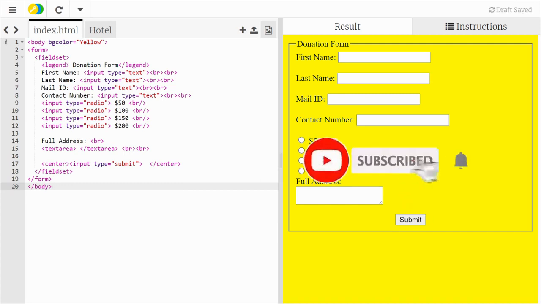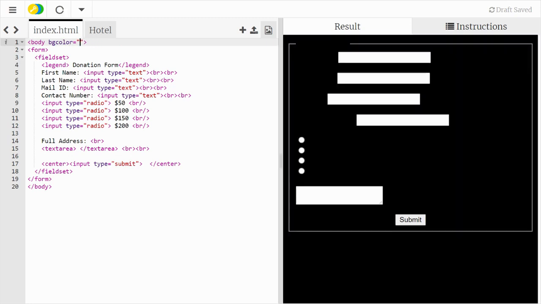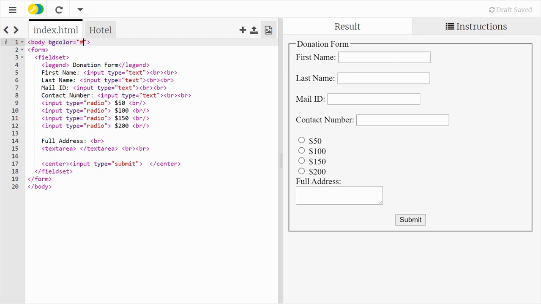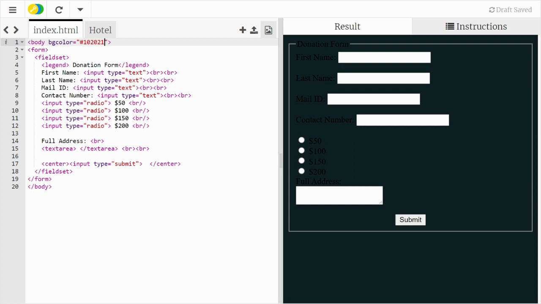So the very first line is what? Body is a tag where bgcolor is an attribute, and bgcolor is used to display the background color for your web page. You can also use a hex code. Hex code means within double quotes you use a hash, and then give some combination of numbers.